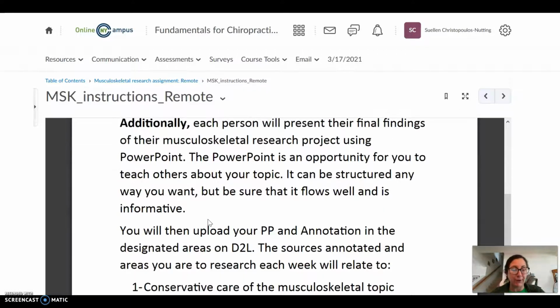Okay, so again, if you have a question about the PowerPoint, please email me your question and we can Zoom and we can talk about it. But again, it's unstructured because it's really your chance or your time to share with me any information that you want. And again, if you want to follow the annotation, that's fine. If you want to go outside of it, that's fine too. Okay. The next thing I want to show you